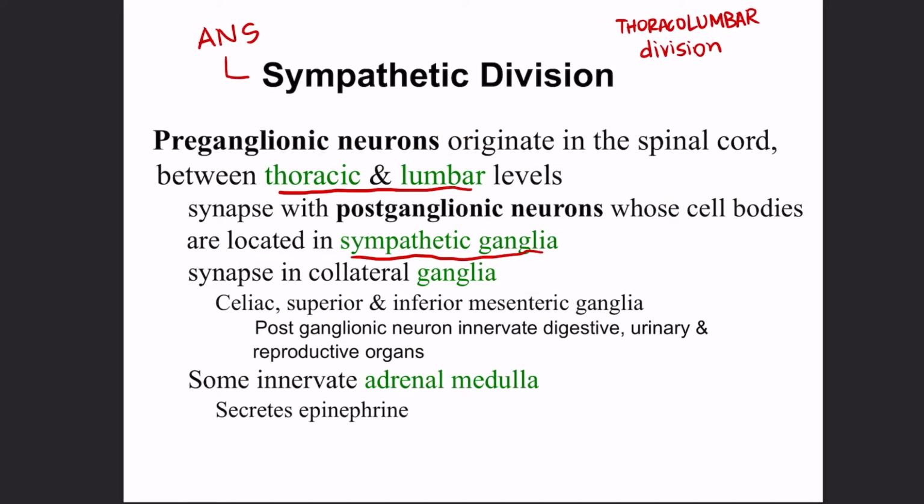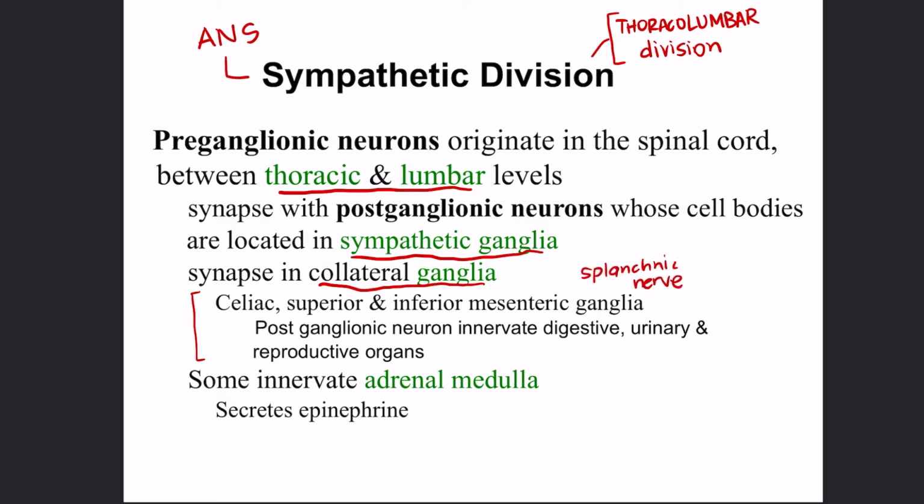The sympathetic division is one division of the autonomic nervous system, and its preganglionic neurons are going to be found in the thoracic and lumbar areas of the spinal cord. And that's why it's also called the thoracolumbar division. So the postganglionic neurons are going to be found within those ganglia that I just pointed out, and those are called sympathetic ganglia. Lower ones that are going to impact the digestive area are called collateral ganglia, and this also includes the splanchnic